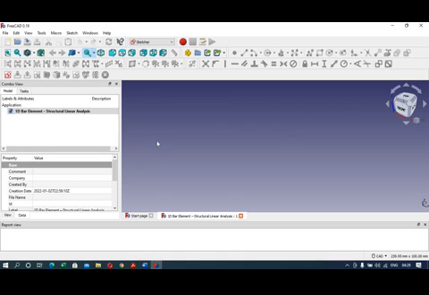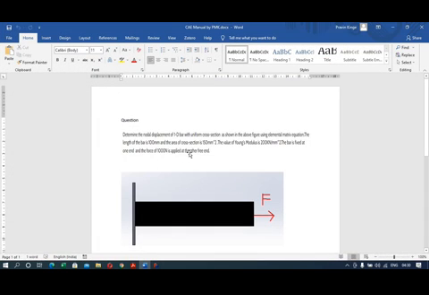Before we proceed with the performance of this experiment in FreeCAD, we will go through the statement of the problem. The question is, determine the nodal displacement of a 1D bar with uniform cross section as shown in the figure using the elemental matrix equation. The length of the bar is 100 mm and the area of cross section is 150 mm square.